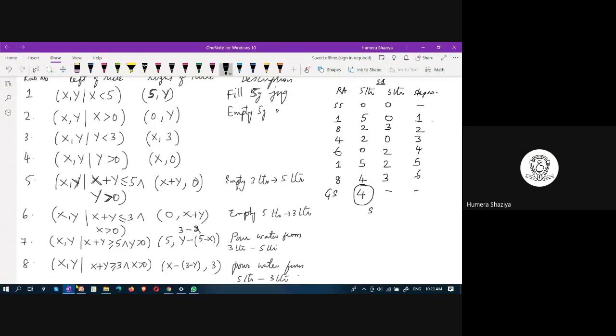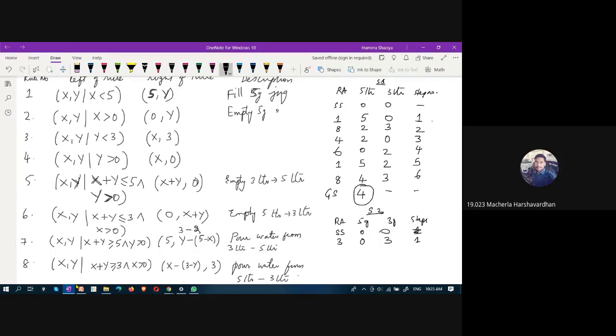Let us take solution number 2. Rule applied, 5 gallon, 3 gallon, and steps. In the first step, what are you doing? You are filling the 3 gallon jug. Initially, the start state, both are zero. There is no step. Now step 1, you are filling 3 gallon in the 3 gallon jug. So this is rule number 3. Rule number 3 is filling the 3 gallon jug. And this 5 is 0. Next, tell Harsha.